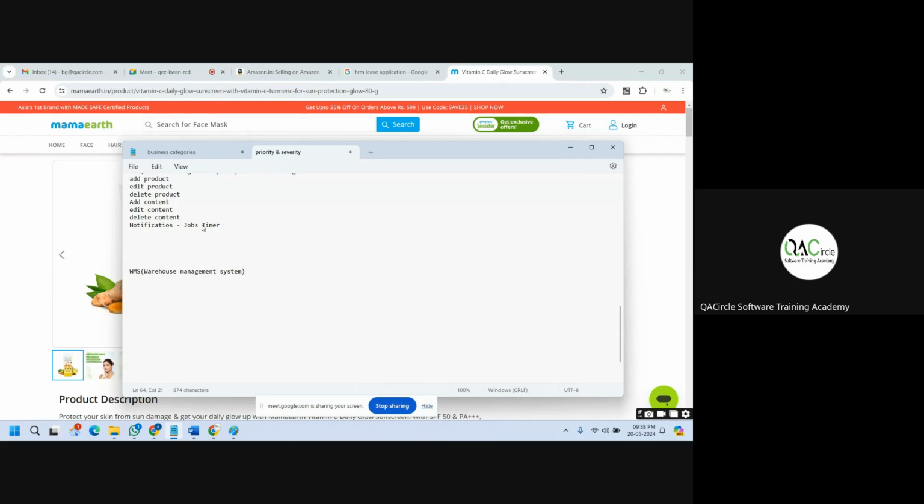This is nothing but a scheduler. Just try to understand it this way: they are going to schedule some message which is notified to the user, to promote and tell the user that you have some products added to the cart, please proceed to buy. Due to some reason, the user might have forgotten to book it. He thought he had booked it, but he has just kept it in the cart. What does he do? Oh my God, I forgot it, I have to book it. He'll go to the cart, proceed to checkout, and book the items, right? So this is the scheduler. You might come across this particular term called